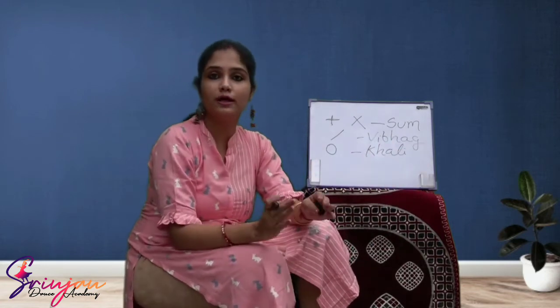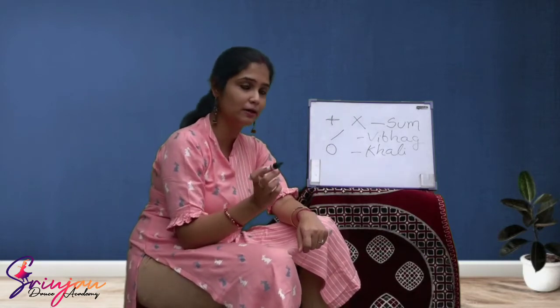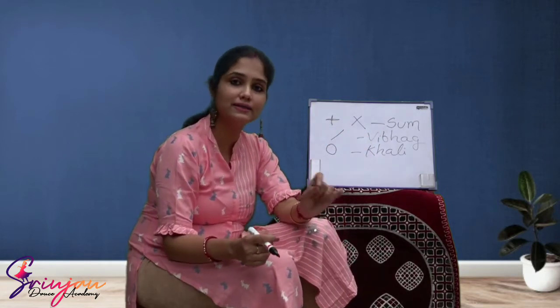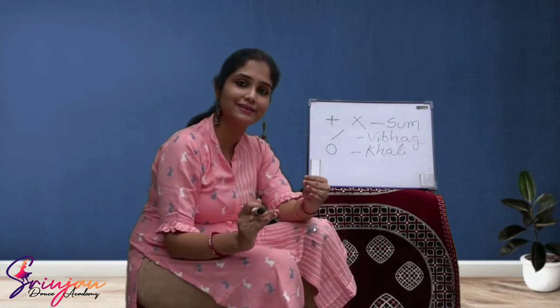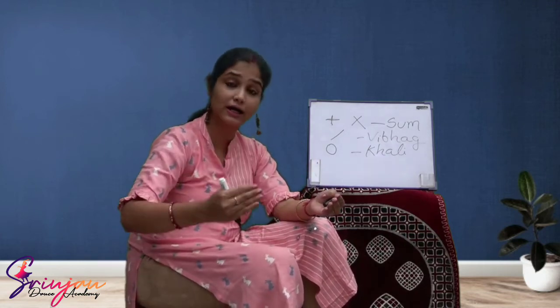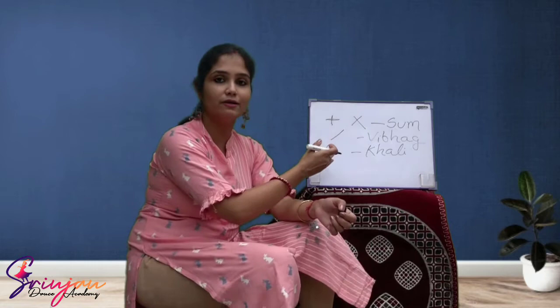I told you that when you start one particular vibhag, we use either a tali or a khali to show the beginning of a vibhag, right? Now if you are beginning a vibhag with a khali or a wave, then while writing you have to use the sign 0 for that. And for the first tali, that is sum, you use either the plus sign or the cross sign. Other than sum, for making a person understand that there is a tali, you will use 2, 3 depending on the number of the tali, right? If it is the second tali in the tal, then I will write 2. If it is the third tali in the tal, then I will write 3. So that I will come to when I show you the tal.